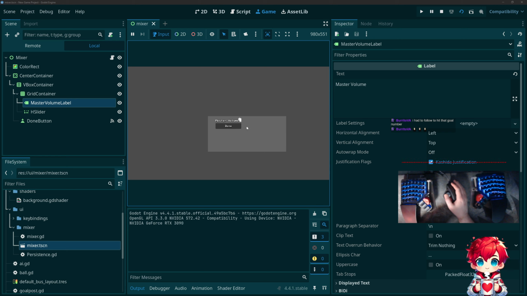Just double checking. Yeah, so we have a slider and it has no width, and it's really